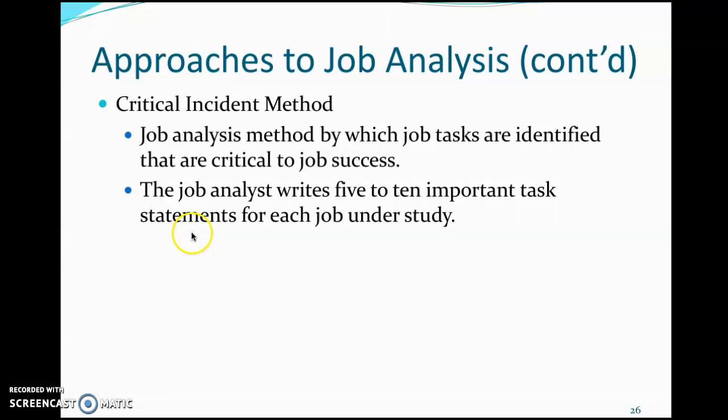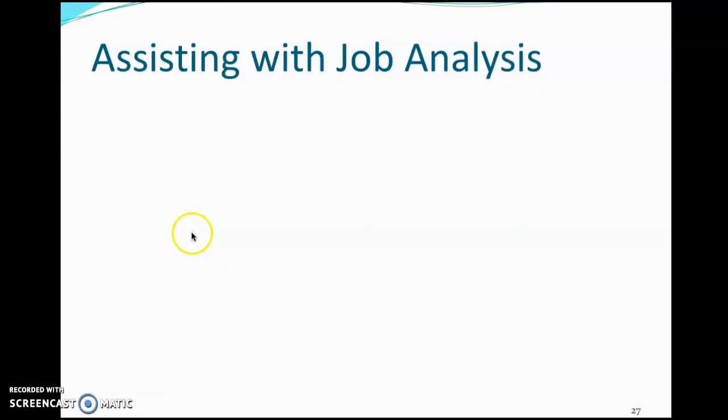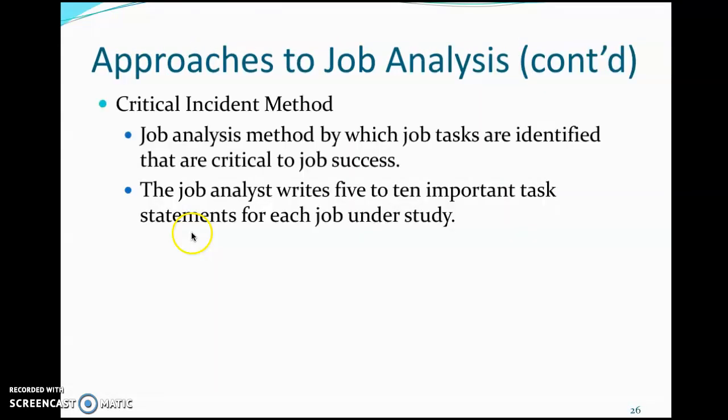Critical incident method is also another one. We basically try to come up with the 5 to 10 critical tasks of each job, and then we use those to basically build up our job description. Okay, so I'll stop there for now, and basically what we've done just very quickly is go through different types